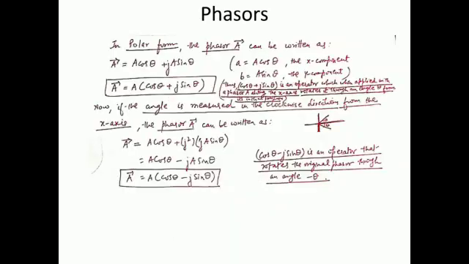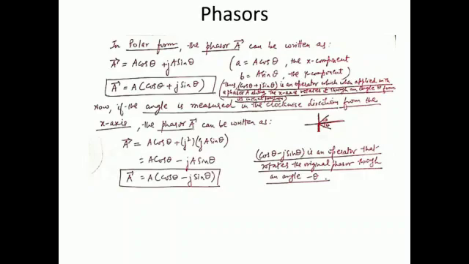In the polar form, the phasor A can be written as A cos theta plus J A sin theta, because small a is simply capital A cos theta, the x component, and small b is simply A sin theta, the y component. So therefore the A phasor can be expressed as A times (cos theta plus J sin theta). Therefore we can see that cos theta plus J sin theta is an operator which, when applied to a phasor A along the x-axis, rotates it through an angle theta from its initial position.